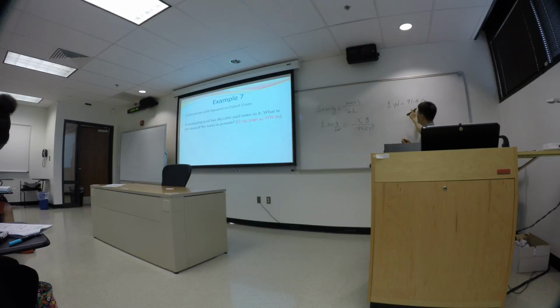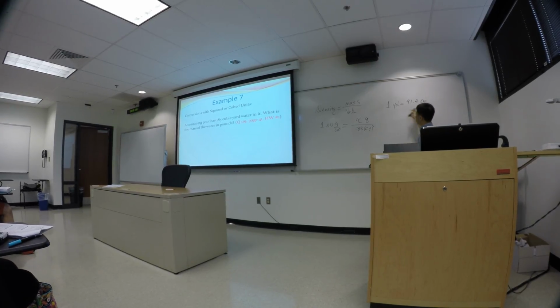Okay, so that's the conversion factor I will give you. Well, I may give you 1 yard equals 0.914 meter, but the basic conversion factor will be given to you. So let's just assume 1 yard equals 91.4 centimeter. Okay, so 1 cubic yard